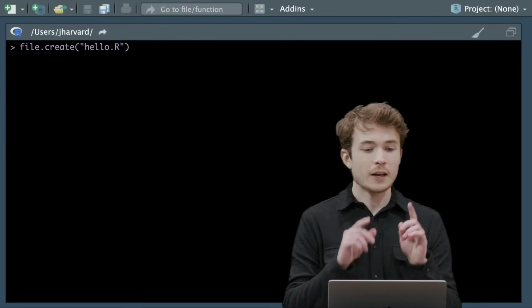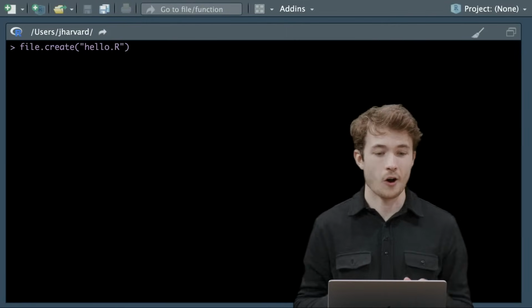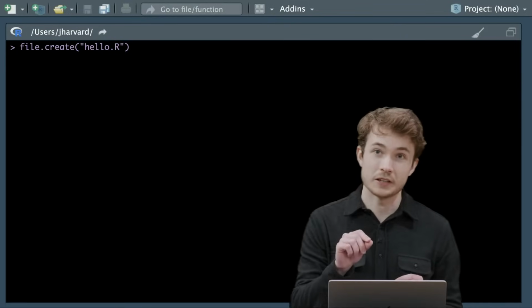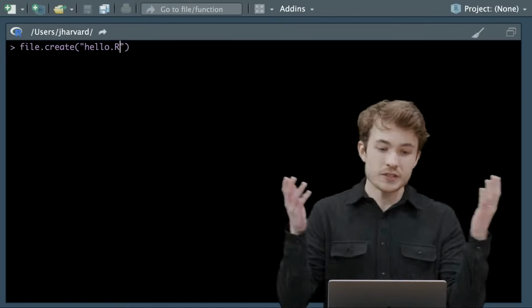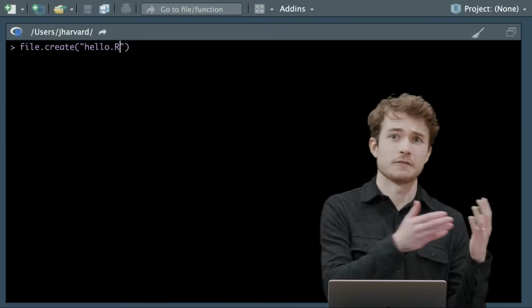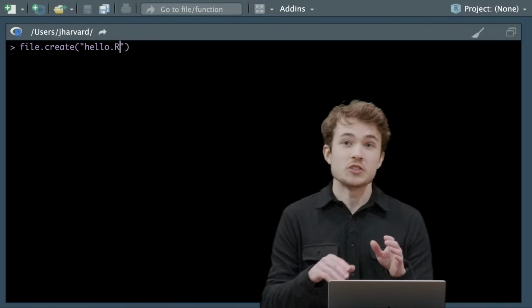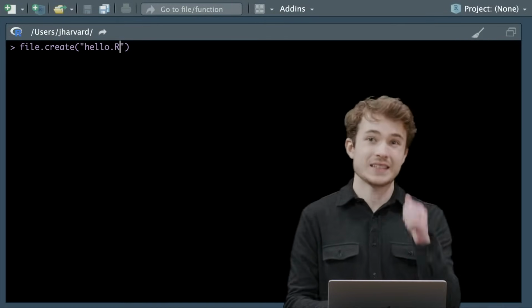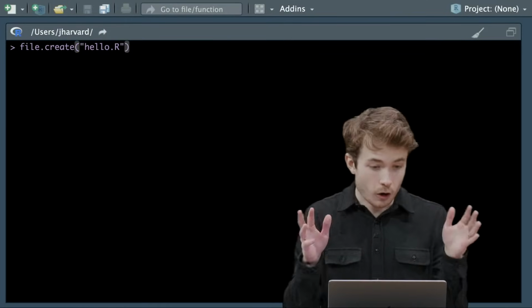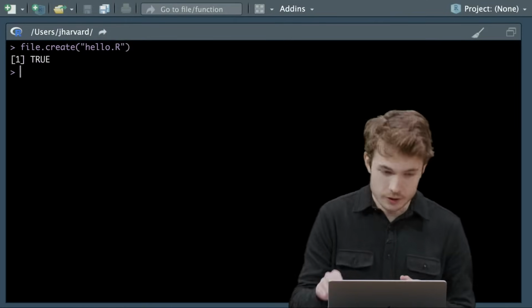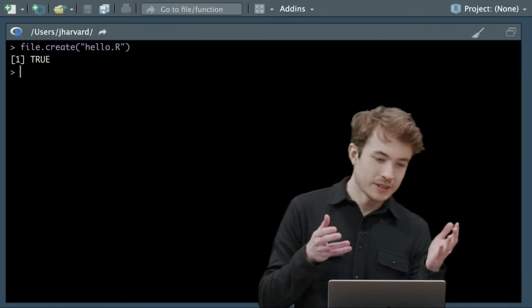Now notice that hello.r ends in .r, and that is actually very particular. You might have heard of files ending in .jpg for images, or maybe .csv for data files. In R, we denote our R programs with this .R here. So let me run this R statement here by hitting Enter, and now I see TRUE